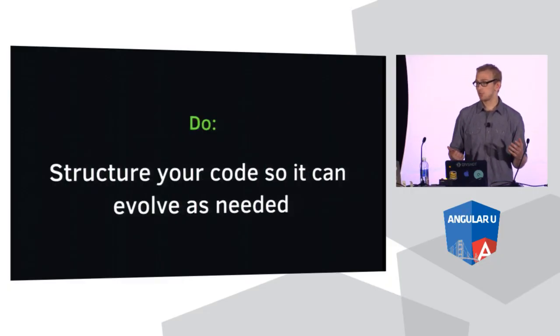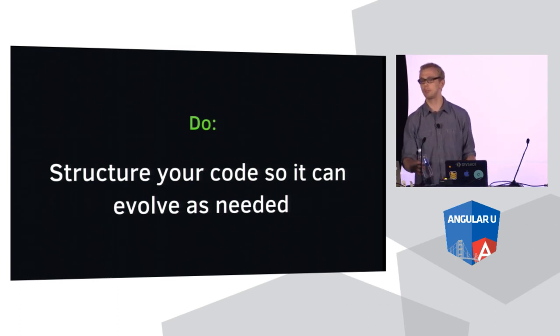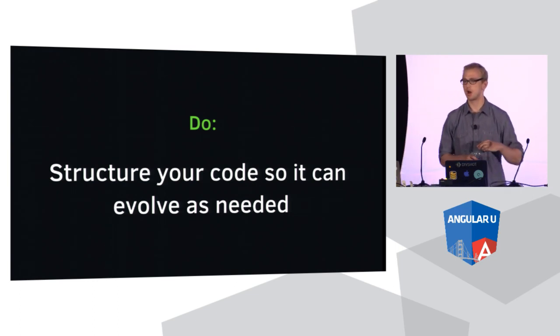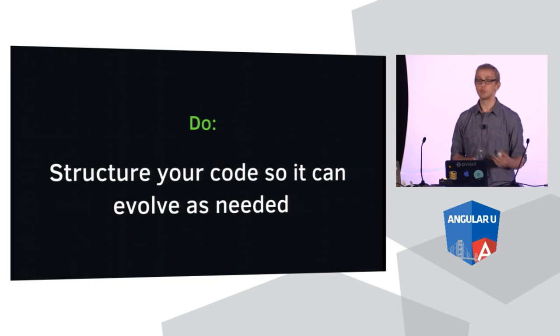So as the ecosystem grows, our code can evolve as needed. We're never going to have something that lasts forever. We're going to have more powerful computers and more powerful devices, but we do want to write code that can take advantage of that in small increments. So we want to do that component by component or module by module, not rewrite our application every single time there's a new innovation.